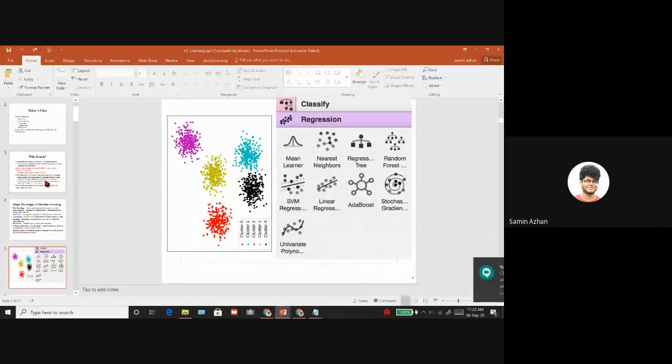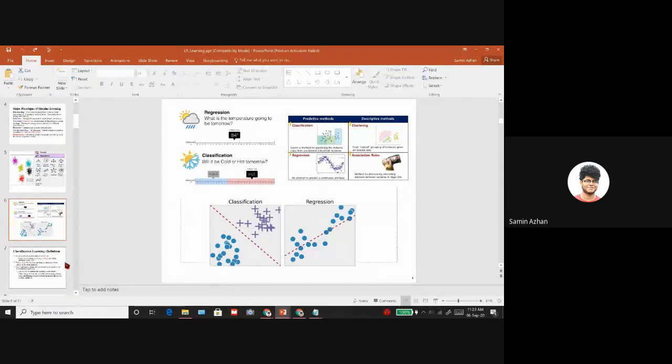Now, we'll be learning mostly induction learning, which is basically supervised and unsupervised learning. So, two popular ways of supervised learning are classification and regression. In the slide, there are some examples given of how they work, but there are some major differences between classification and regression. If we go to the next slide,